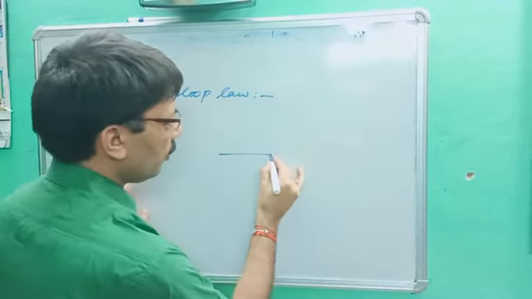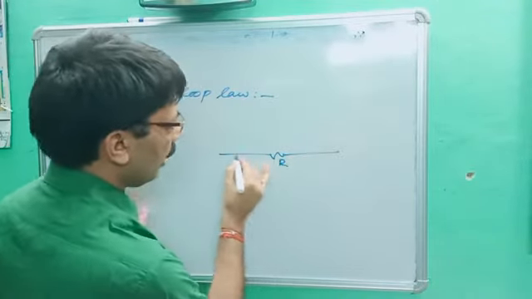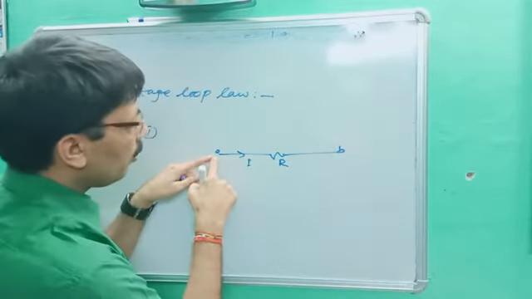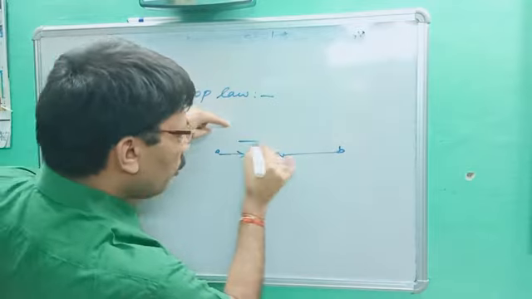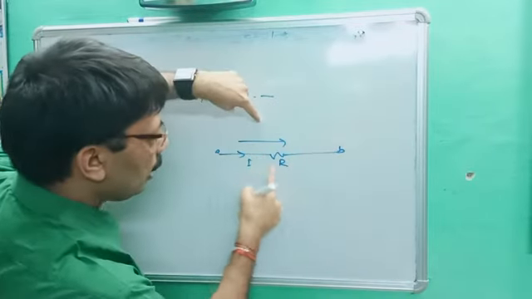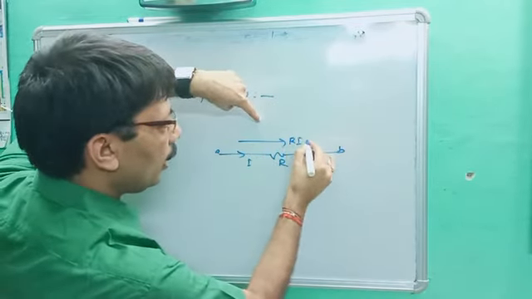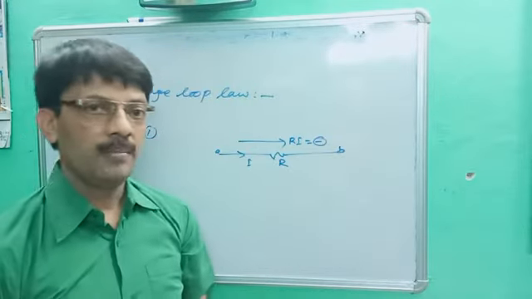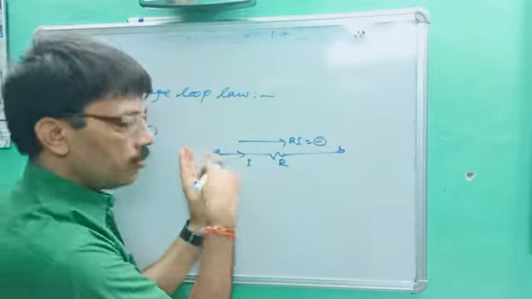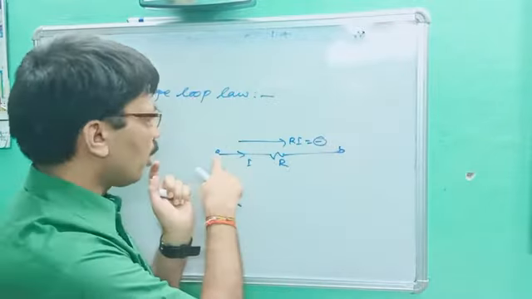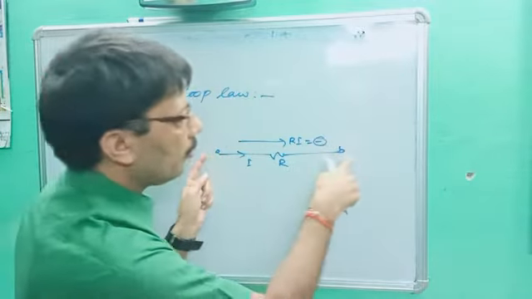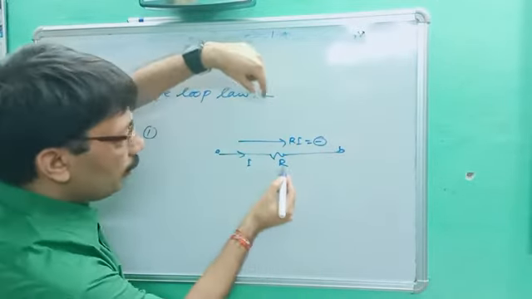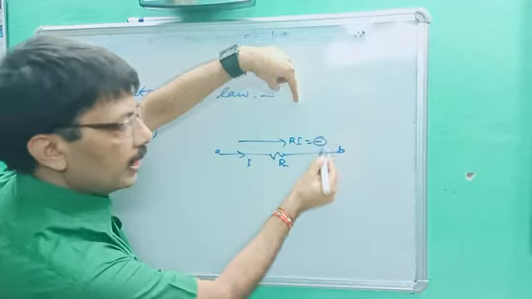Second, let's suppose this is the resistance R and the flowing current is I, and the current is moving from A to B. If you are moving from A to B, it means the multiplication of Ri will be negative. Very, very important point. Because you have selected the loop, if you are moving from A to B and the current is also moving from A to B, it means you are moving in the direction of current, so the multiplication of resistance and current will be negative.